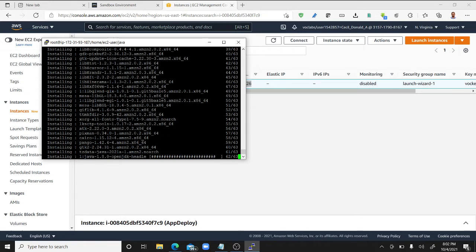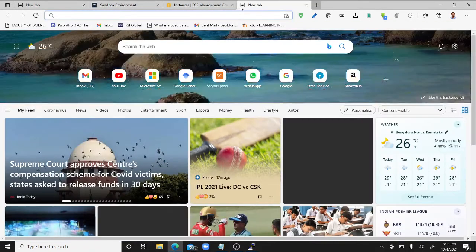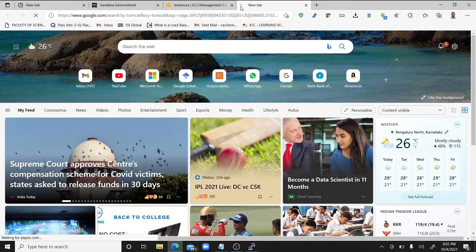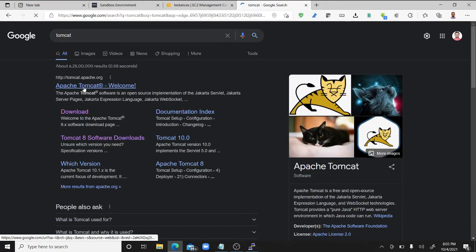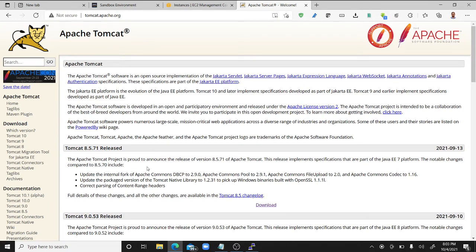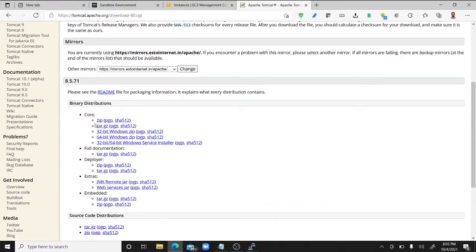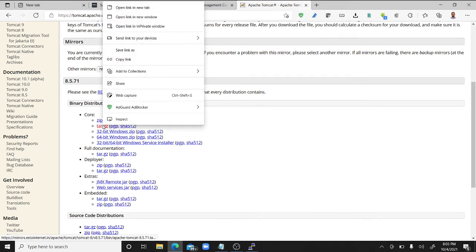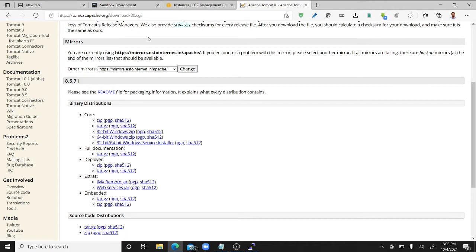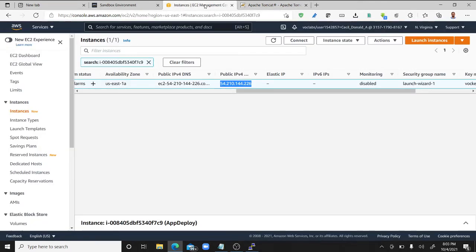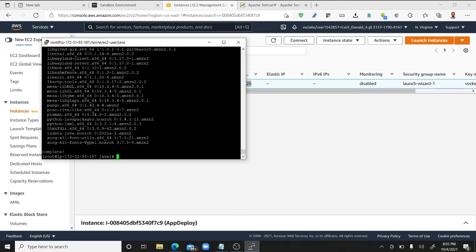This will install the Java in the EC2 instance. Meanwhile, let me take you to Tomcat because we need to download Apache Tomcat. Okay, so here we are not going to directly download. Instead of that, we are going to get the URL. So you can just go to Tomcat. Can you see something called tar.gz? You can take any version. We need only the URL. So copy link and go back to your PuTTY. So the installation is complete.